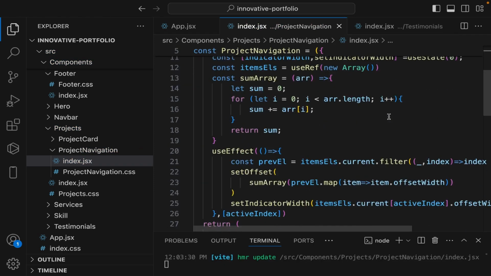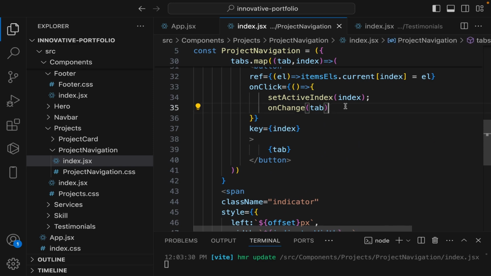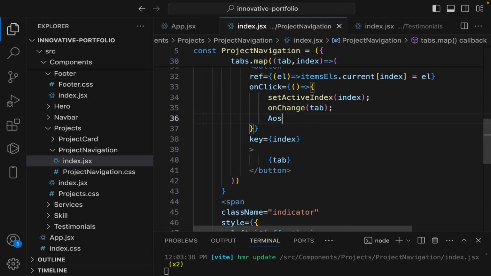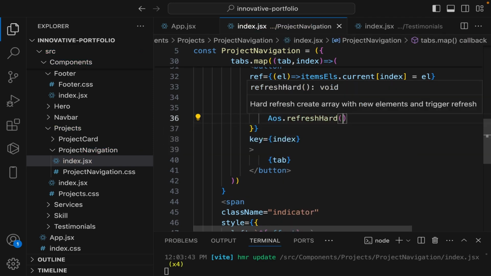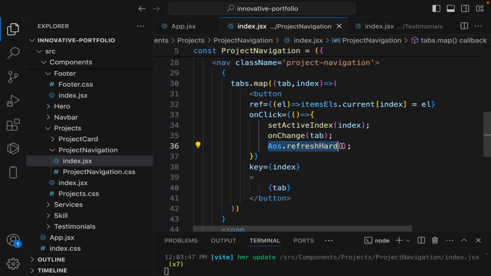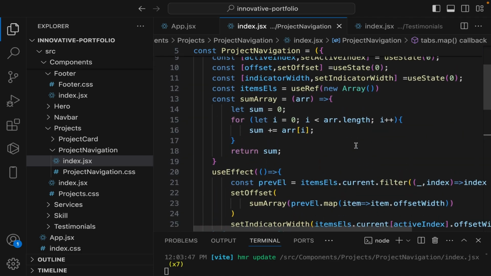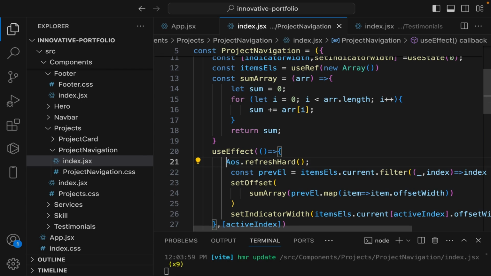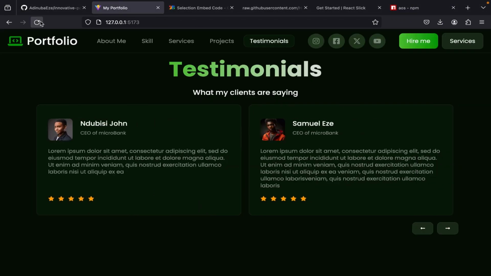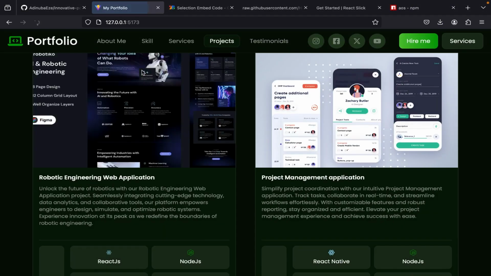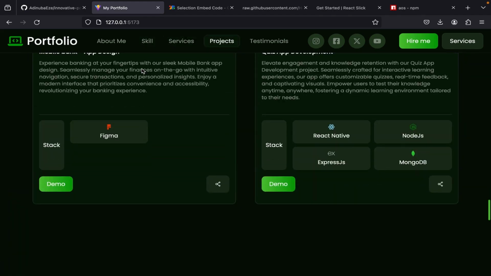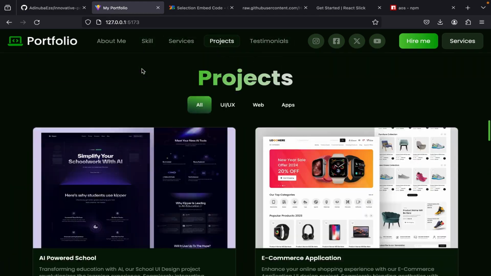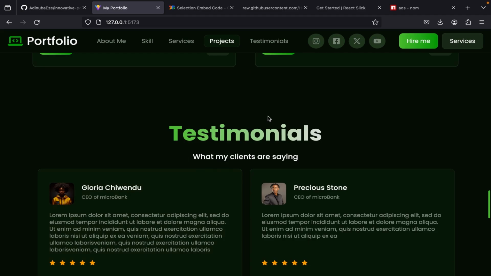And when we click on this button, let's say AOS.refreshHard. So this will refresh it. Let's copy it also and let's paste it within this useEffect. So this way, when we click on the navigation, the tab, you can see it's able to see